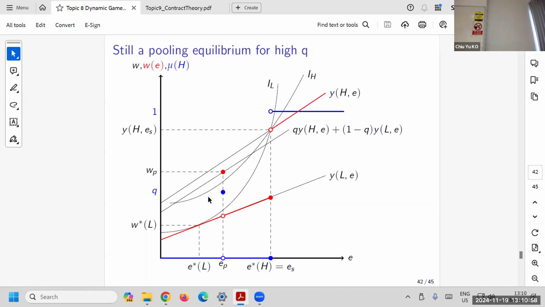Because when you draw the IH, right, it's like here, right? So this is not better than this one. Okay, so pooling is still better than that one. So we already have the graph. Sorry, I should talk about this graph rather than jump over there. Okay. Now,